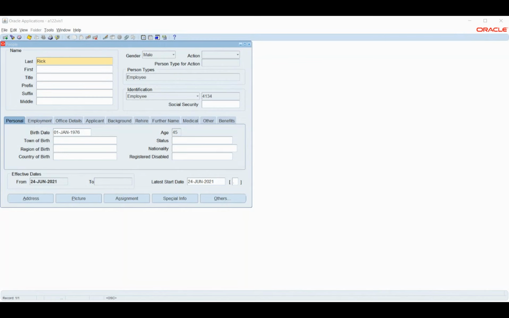An assignment set is nothing but a set of assignments. Let's say I have 100 employees and two different payroll entities created. Now I want to run the first set of 50 with payroll run 1 and the second set of 50 employees with payroll run 2.